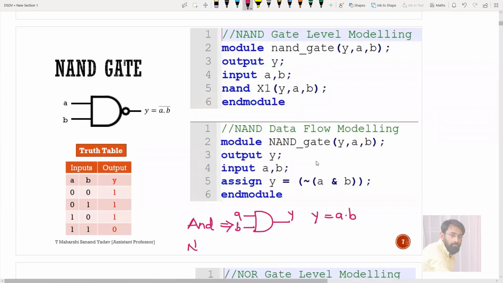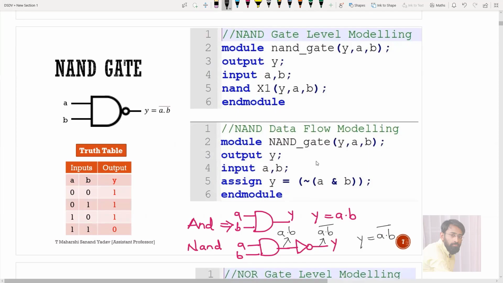Now if I want a NAND gate, I can do it like this. First put an AND gate which contains two inputs A and B, and the output is Y. Now for this I'll attach one more gate, which is called a NOT gate. Here I'll put a NOT gate and take the output. Now if I write the boolean expression for this, it is A dot B, and after passing through the NOT gate it becomes A dot B whole bar. So finally I'll get Y is equal to A dot B whole bar. So this is the NAND gate.